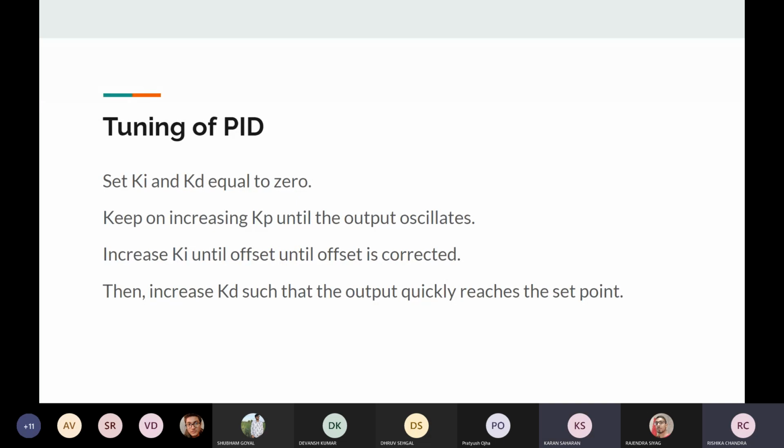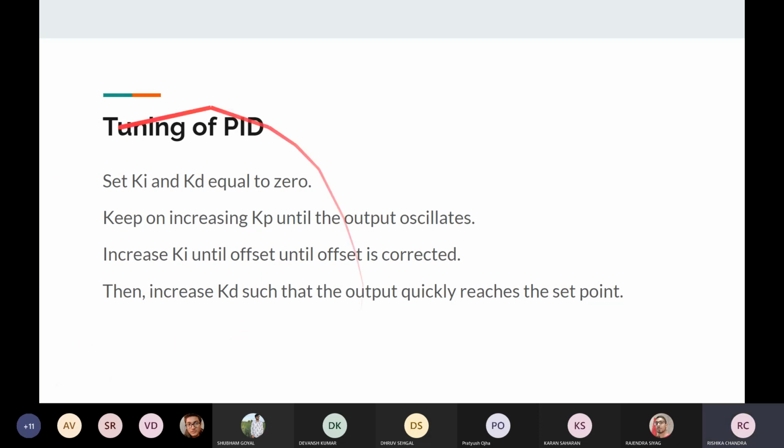With the help of PID, the rotor rotates with constant omega, which is why it maintains this height. These values, as I was saying, Kp, Ki, and Kd, are not provided to us. We have to set these values so that we obtain a better result.